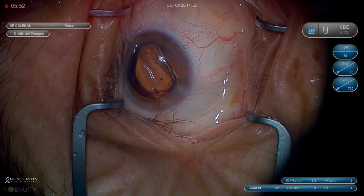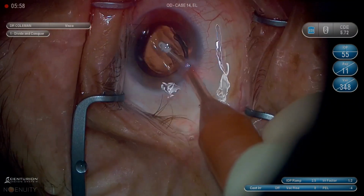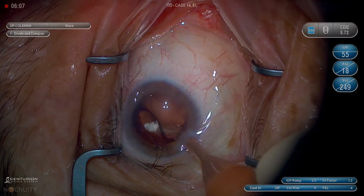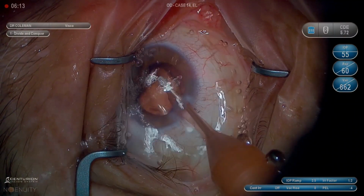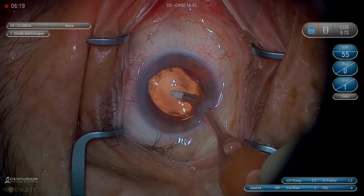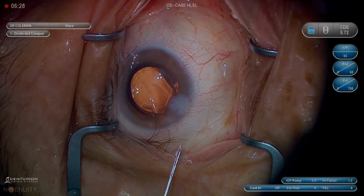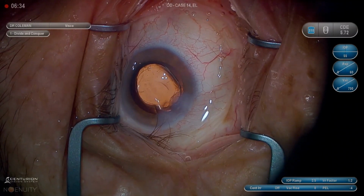We're going to go in and wash in the anterior chamber. I'm going to rock as I do. And if there were any small pieces of nucleus hiding, I want to stir them up now. I'm going to scoot the lens over to the left, lift up behind it. And I said in my video about cortex that almost the only time that the posterior capsule is engaged is when the hole at the end of the IA tip is turned sideways or facing down. So you've got to make it point sideways to move the lens over, get in behind it, and lift it up. But once you're in that position,